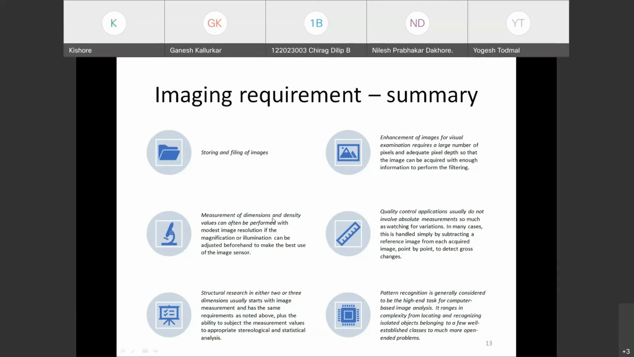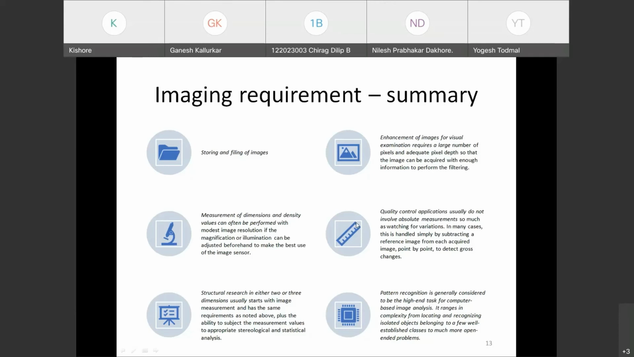Measurement of dimensions and density values can often be performed with modest image resolution if the magnification or illumination can be adjusted beforehand to make the best use of the image sensor. Then quality control applications usually do not involve absolute measurements so much as watching for variation. In many cases, this is handled simply by subtracting a reference image from each acquired image point by point to